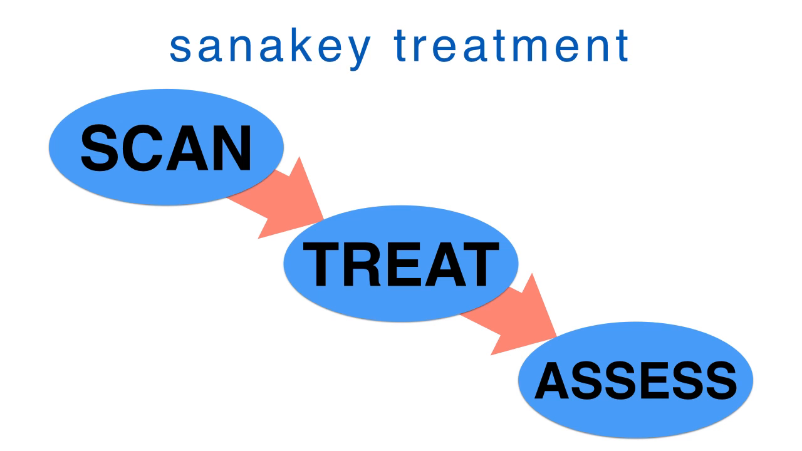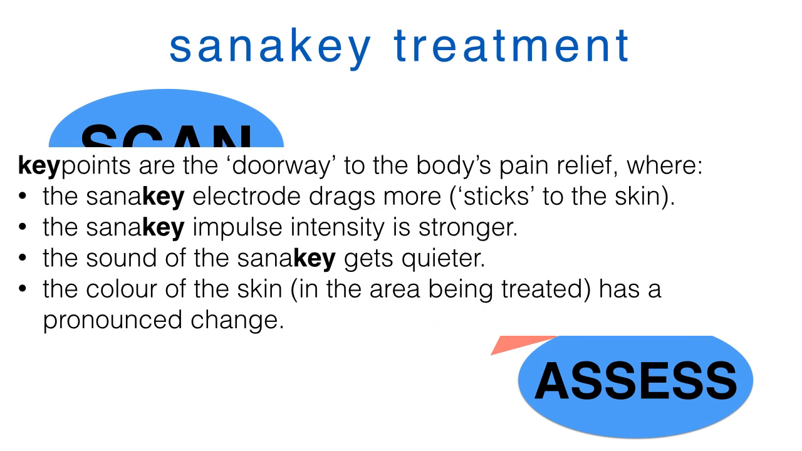So now let's go back and have a look at scanning for key points. What are the key points? What are we looking for? They're actually the doorway to the body's pain relief, where generally you'll find the sanakey electrode sticks to the skin, like it drags like a magnet. When you come across an area that needs treatment, the impulse coming from the sanakey will feel stronger without you increasing the energy. And also the sound of the sanakey as you drag across an area gets quieter,